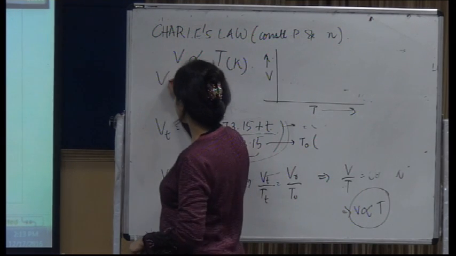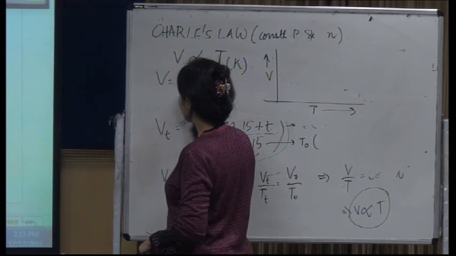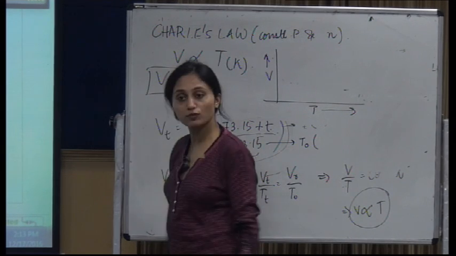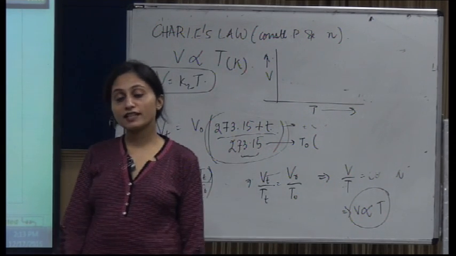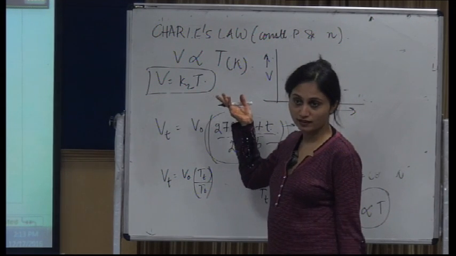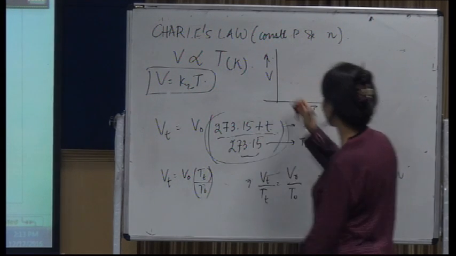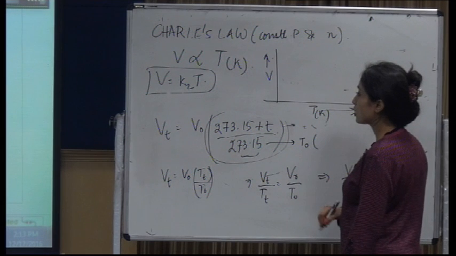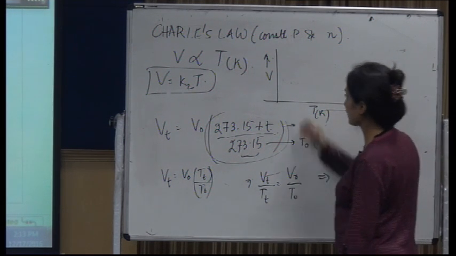Say V is equal to K2T now. This is the second law that we are doing, so I'm just putting the subscript as 2. V is equal to K2T. Now this is again y is equal to mx. If I'm plotting a graph of volume and temperature in Kelvin, then in that case it will be something like,